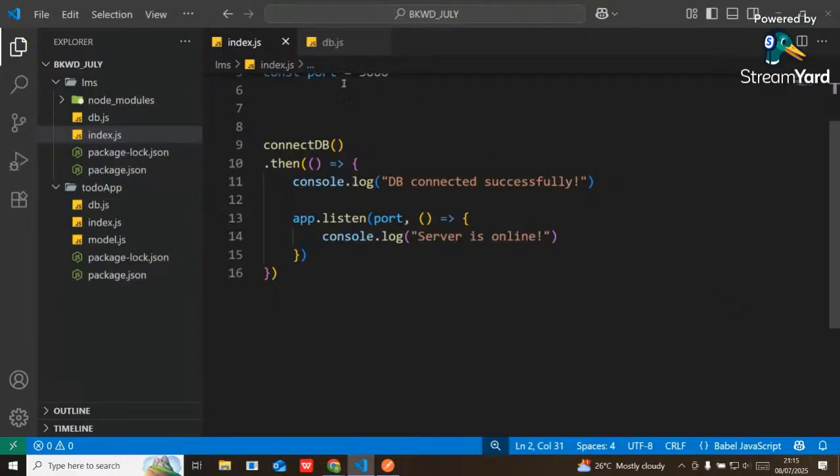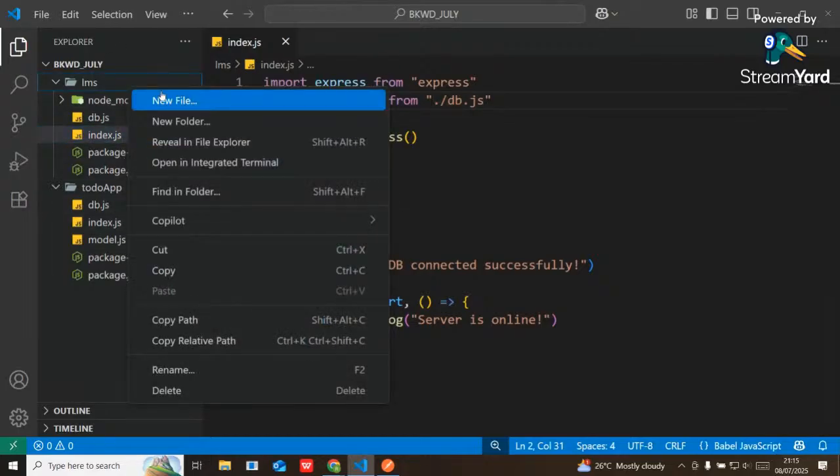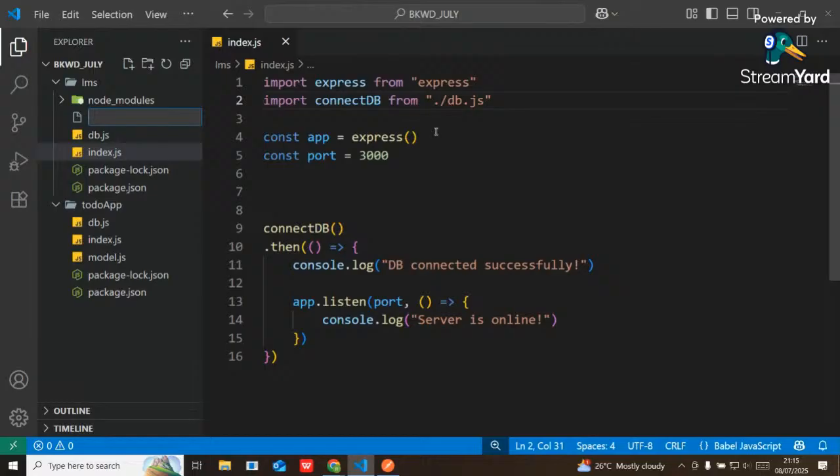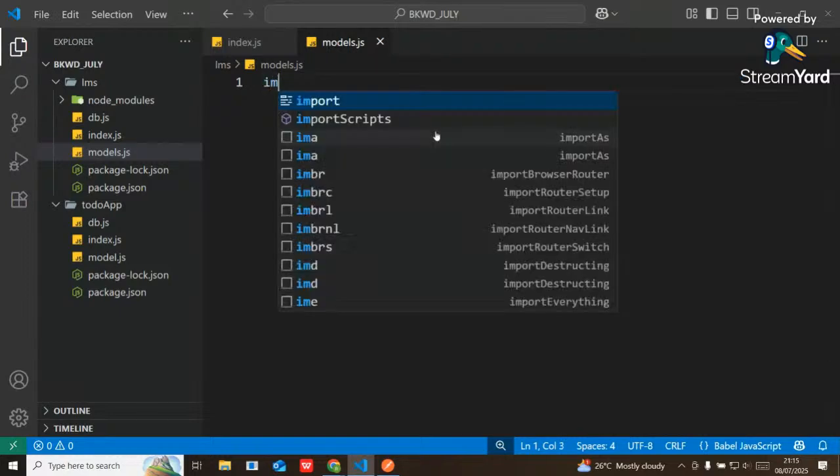Okay, after that, now also I need a model, right? Without a model, I cannot communicate with my database. For that, models.js. Also, for creating the models, I need the mongoose package. Again, for creating the model, I need the mongoose package. So for that, import